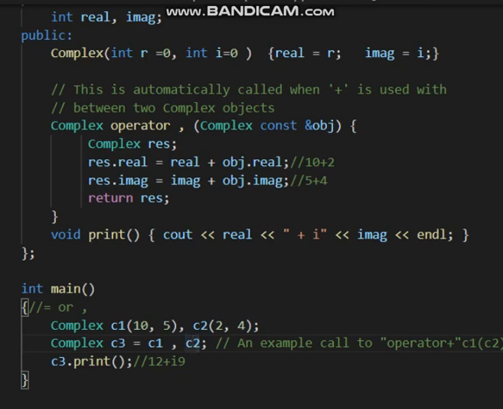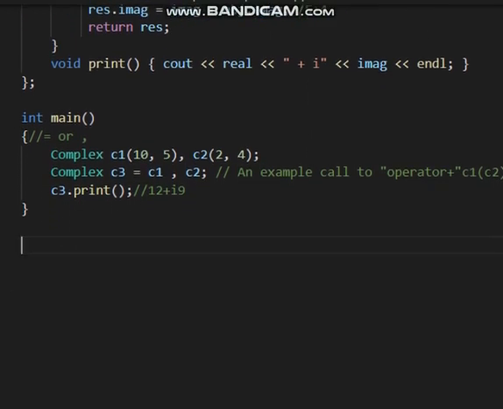And at last, there are some operators which we cannot overload. Like I will show, the dot operator, the question mark (ternary) operator, and sizeof cannot be overloaded in